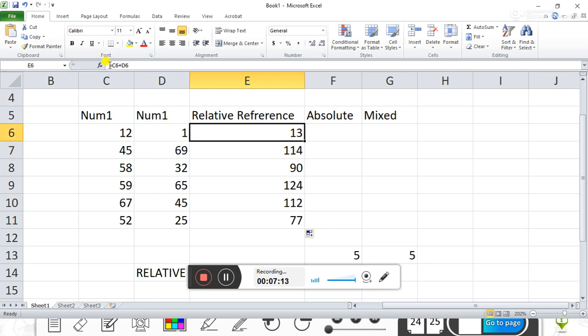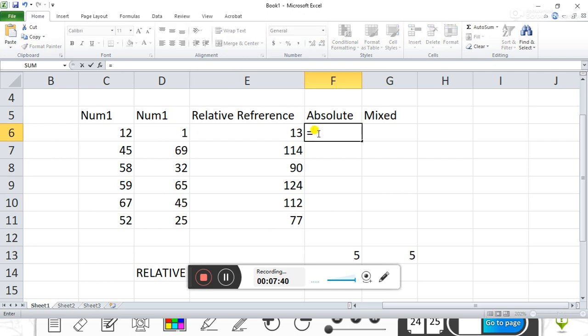Here I typed =C6+D6, but now it becomes C7+D7, C8+D8, C9+D9, changing automatically. That's why this is the use of relative reference. When we want to change the formula on copying, then we use relative reference.